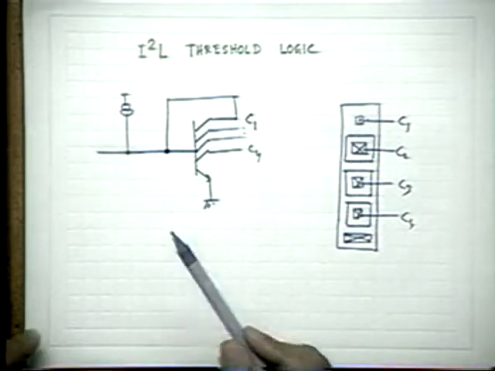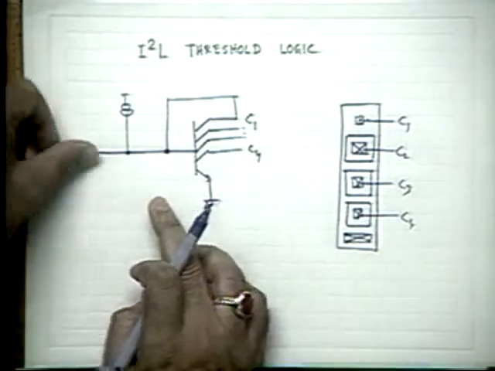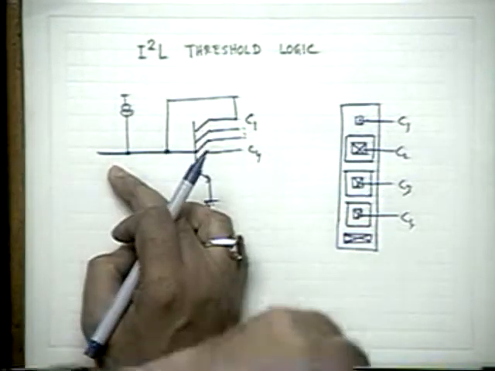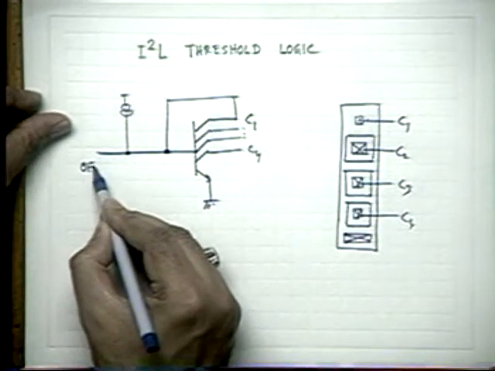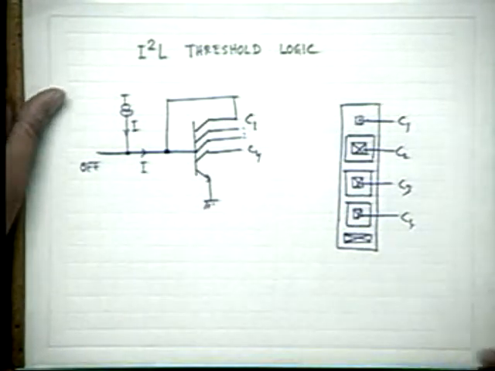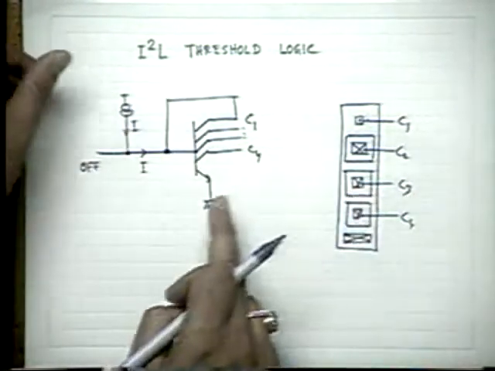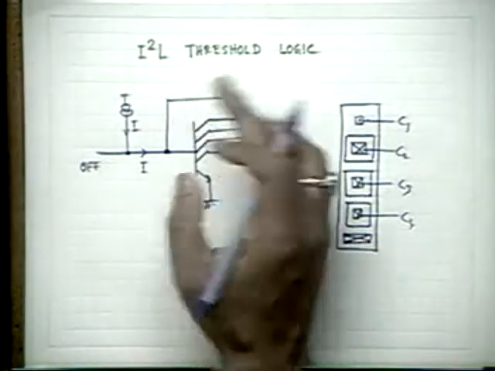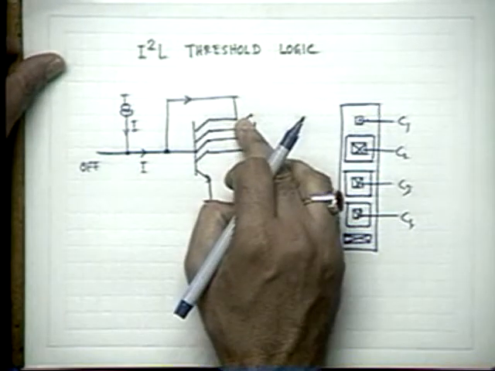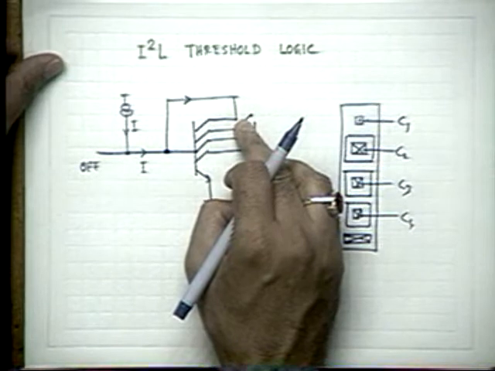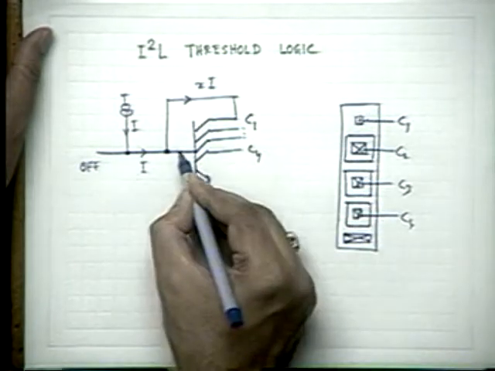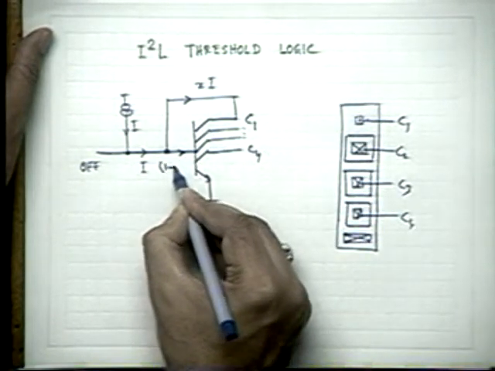What is going to happen now? Suppose this transistor is on. That means this side is off. You know, it is coming from another transistor. Suppose this side is off. The whole injector current will now go into this path and be diverted into the base. But now it is a shunt feedback. Some fraction X of that will be fed back to the collector. It is a negative feedback case. So this will be simply X times I. X is a fraction. And in that case, this current will be simply (1 minus X) times I.